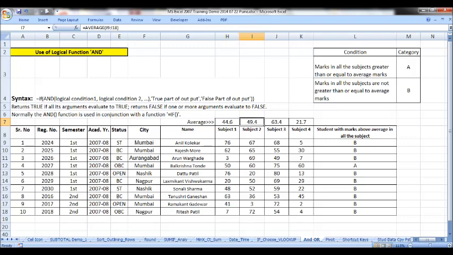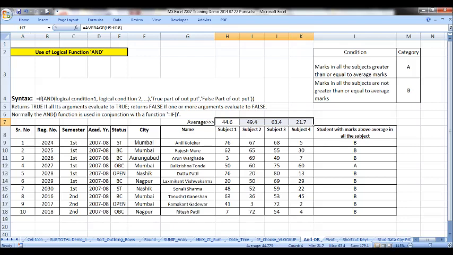This is for subject 2, the average for subject 2. If you look at the function, it is the average of the marks of students below. Likewise, we have 4 subjects, marks of each student below, and the average of the respective subject at the top.